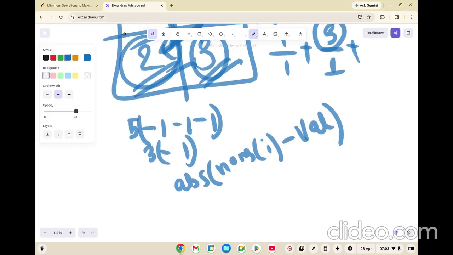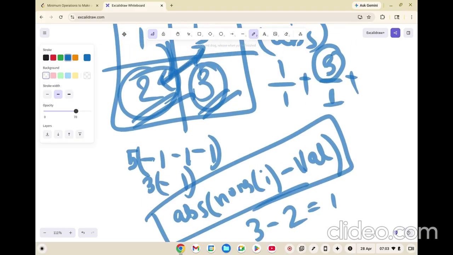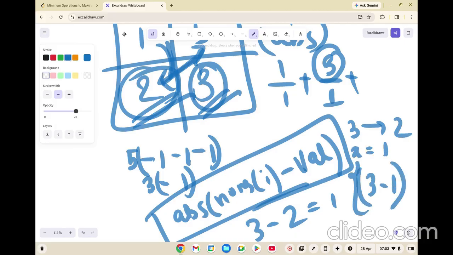So this is the definite formula which you will get, right? Which is nums of i was 3, 3 minus 2, which is 1. And if you look, 3 can be made 2 in just one operation using the value of x equal to 1, and the way is 3 minus 1, right? So you don't care what is happening behind the scenes, you are just focusing on the absolute difference of them,